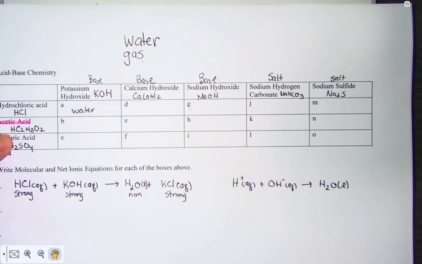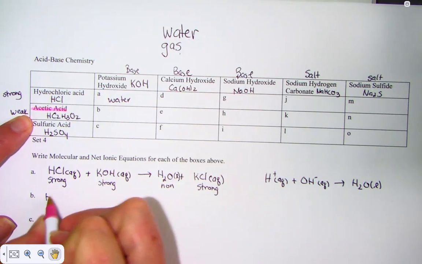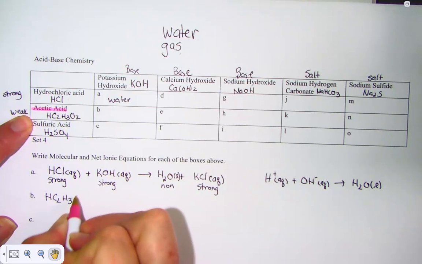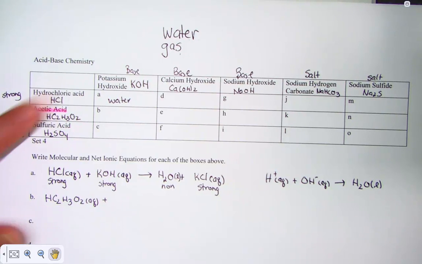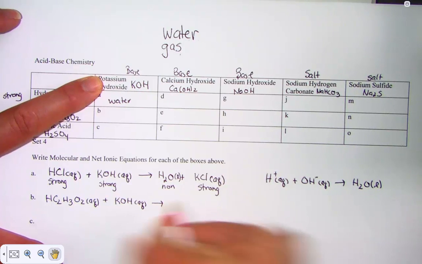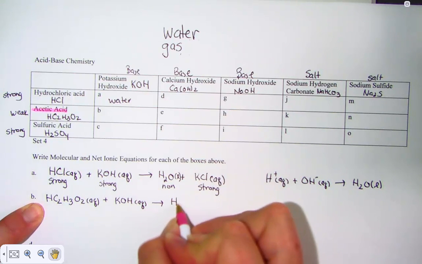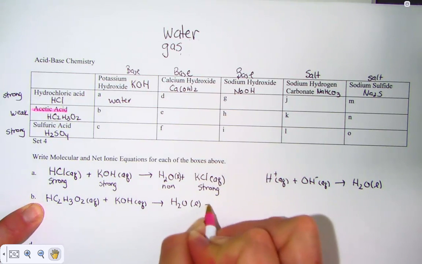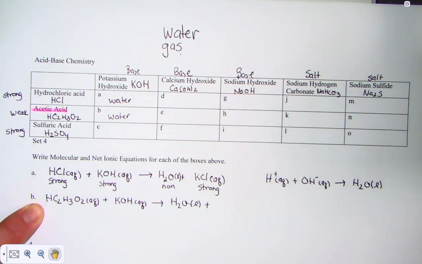Let me go down and model acetic acid with potassium hydroxide, because it will be different since we have the weak electrolyte. Acetic acid, HC2H3O2, is indeed aqueous, and potassium hydroxide, KOH, again is aqueous. Pattern of chemistry says H goes to OH. We will indeed form molecular water with an L, liquid water. So I do know that water is my driving force. And the salt that we form is potassium acetate,